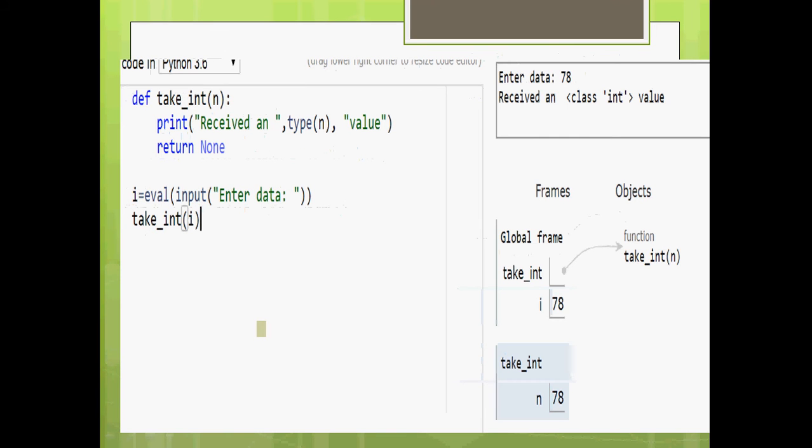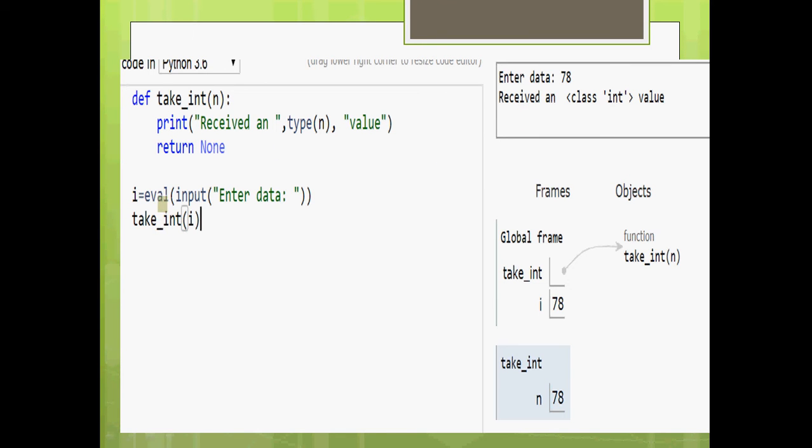Now, here you can see I am passing an integer. We already saw the example, but just to show you different types of data that you can pass. I entered one single integer and checked the type here. That's the difference.